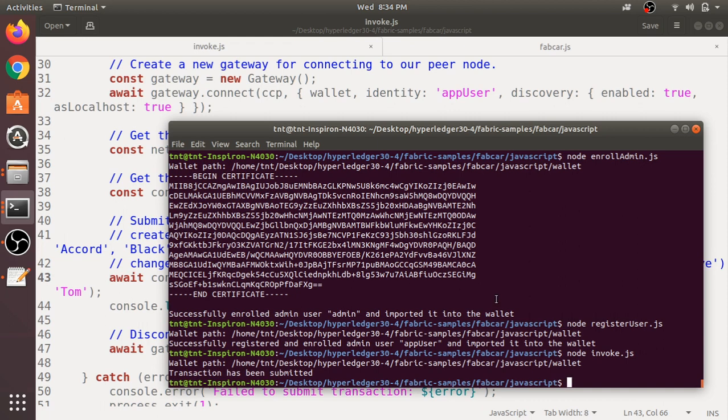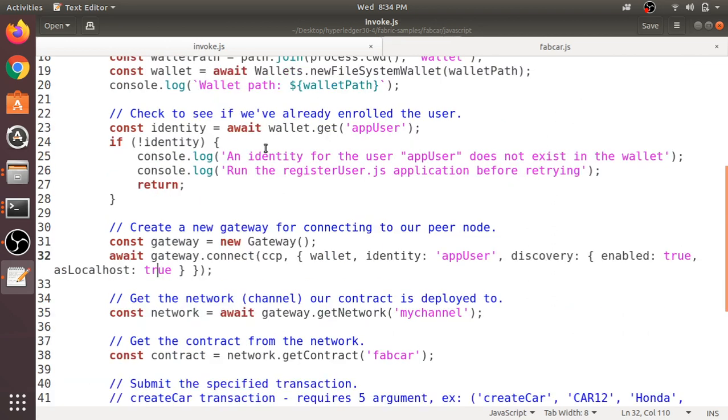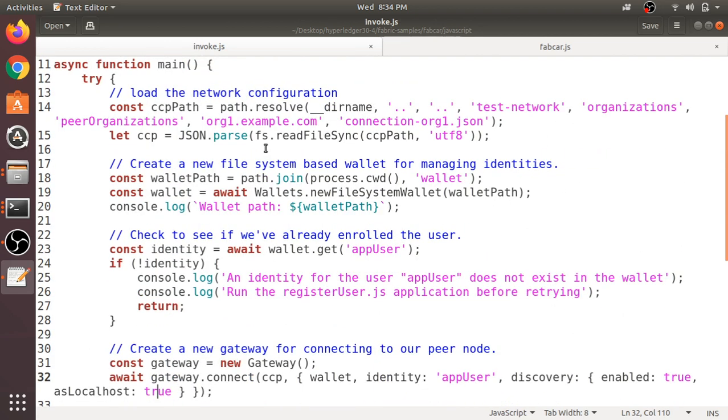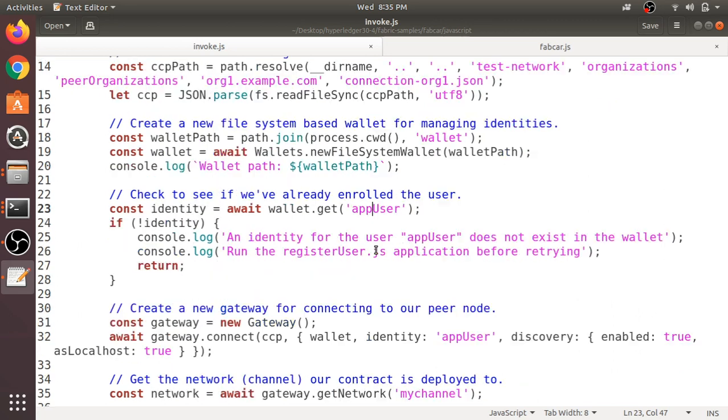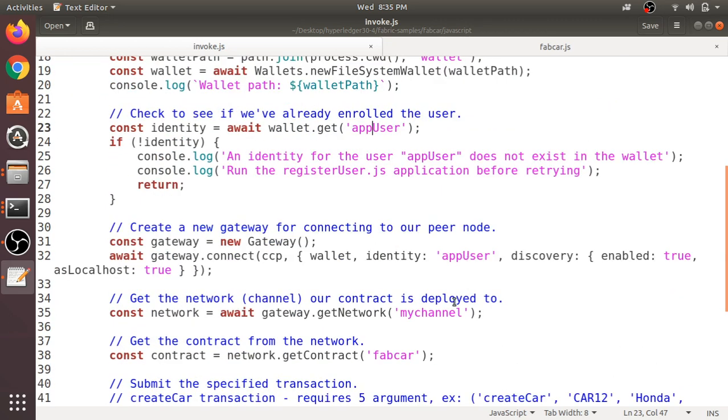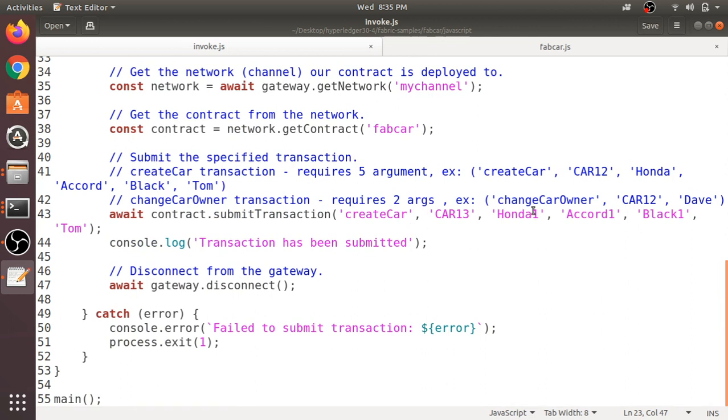So firstly you can see here, the terminal is actually using the path for getting the certificate ID of the app user. Only if we provide the app user, here you can see you are providing the ID of a particular user that we already created. Only with the help of a particular user can you insert a value into your ledger. So that is, an authorized user can insert data into the ledger. So this way we inserted the value.